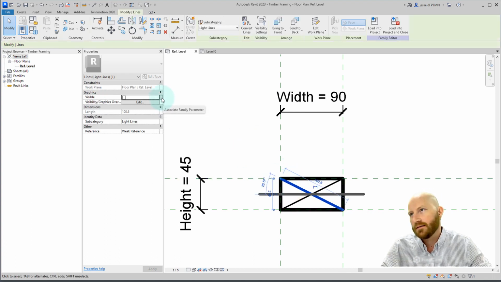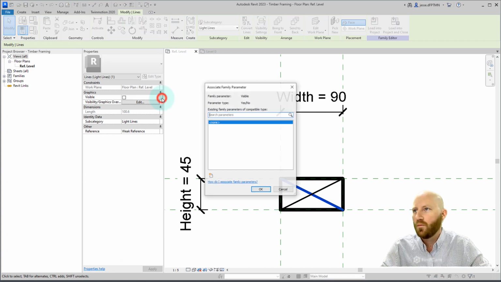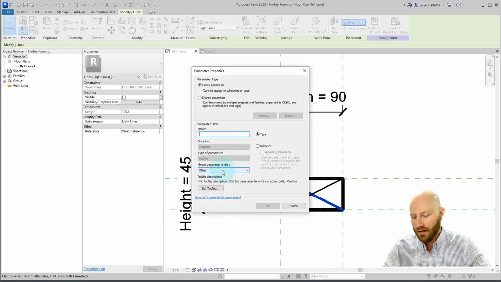So this little box over here is associate a family parameter. I don't know why they made this so tiny and hard to find, but now that you know. So this opens up a list of visibility parameters that all have a yes or no parameter type. I don't have any in this project, so I will click on this new parameter, and I will go nogging